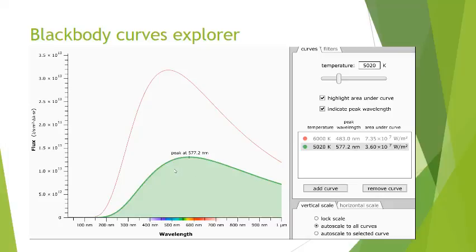Well, first of all, the curve is not as high, right? It's producing less energy. It's a cooler star. And notice another thing. Where it peaks, again, it's producing infrared, ultraviolet, visible, but it peaks a little bit farther to the right, meaning that its peak type of energy is, again, visible light, but this is more like a yellowish type of light, orangish perhaps. It's a longer wavelength type of light where the peak occurs.